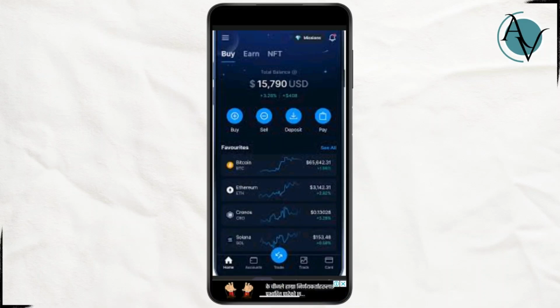After that, if there is any authentication method, follow the on-screen steps to verify your transaction. You can input the two-factor authentication code or confirm via SMS or email. Then submit the withdrawal request. Now, you have to wait for confirmation, which might take a few minutes to reflect into your Phantom wallet. Check the status in your crypto.com